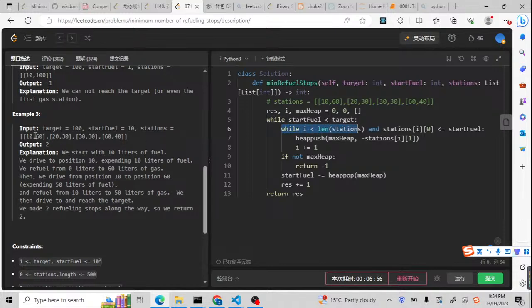We just need to check one by one and put it inside the heap. If we put it inside the heap, it is just an O(1) calculation. Even when we take it out, it is also an O(1) calculation. So all the calculations only concern the stations array. We just put everything inside and take one out, and then put another inside and take one out. So this is why the time complexity